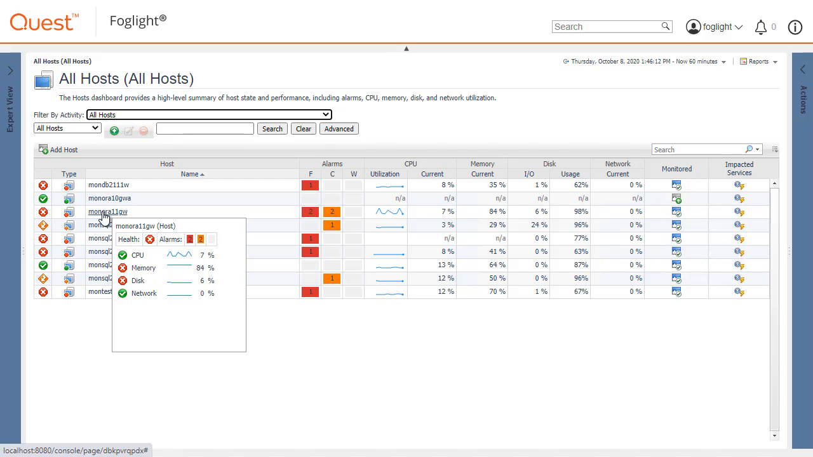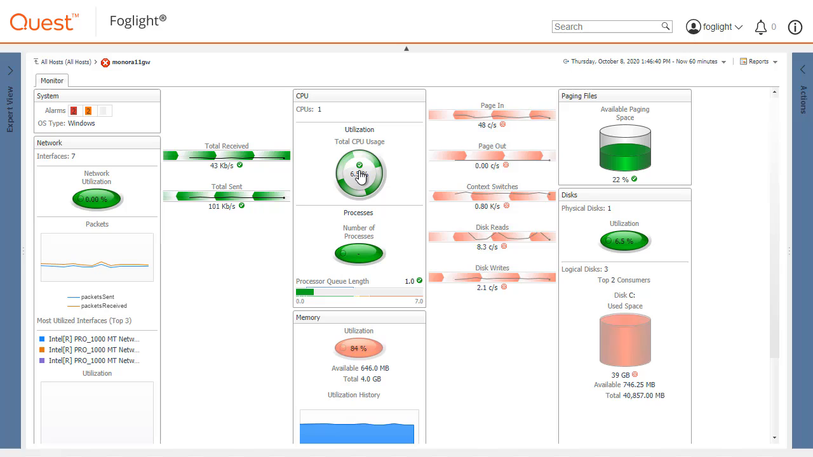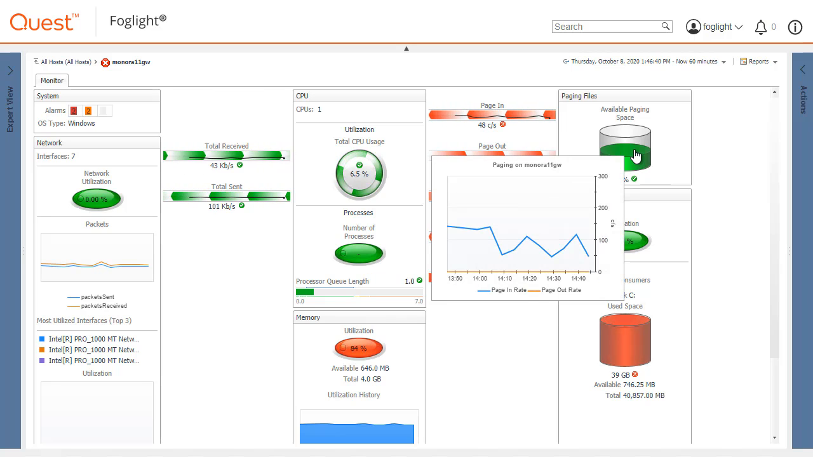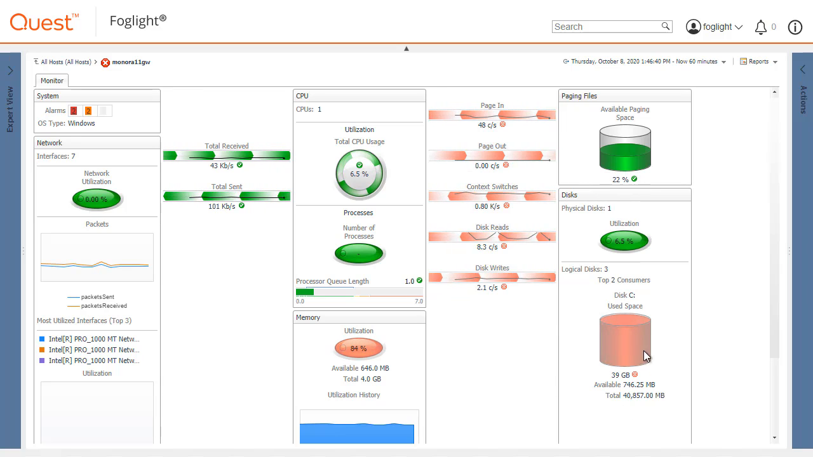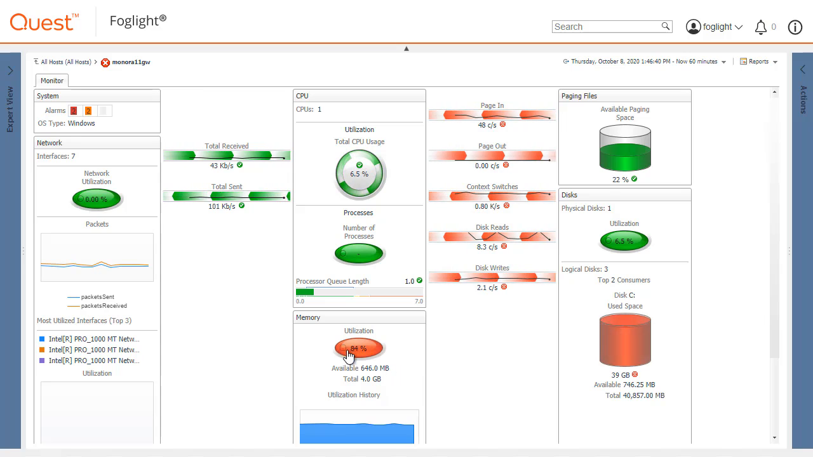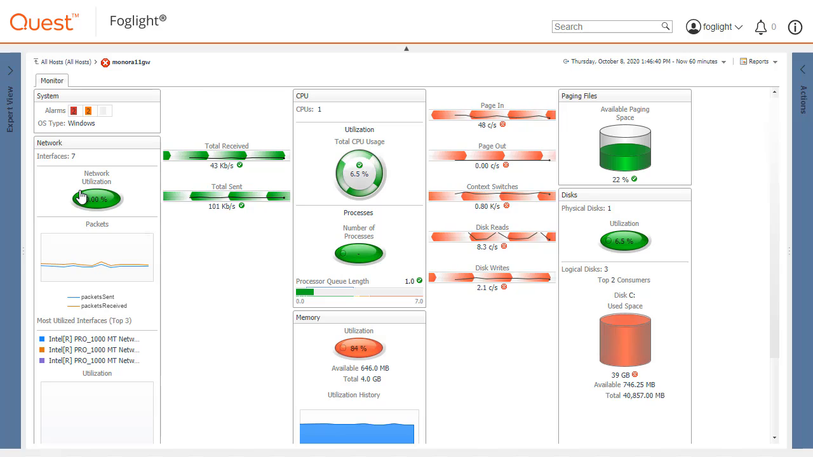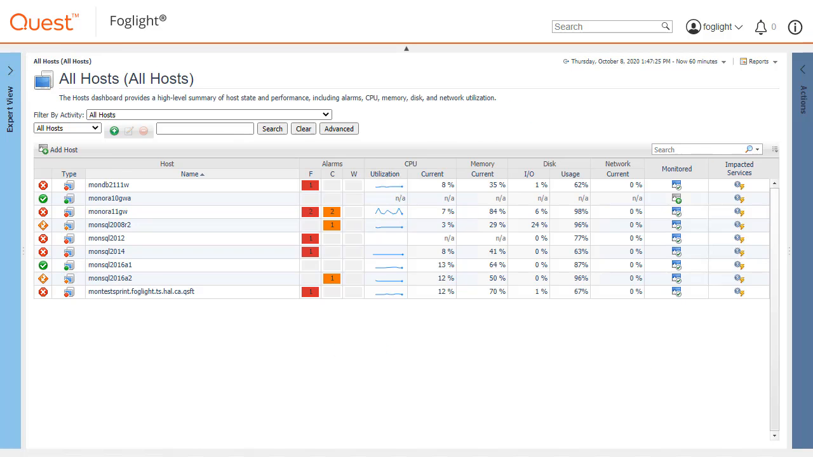Click on the name to drill down to the host monitor page. This view shows you important host properties. Observe this page has clickable areas, as well as pop-ups associated with some items. Let's return to the top level by clicking on the breadcrumb trail and then take a look at the remaining